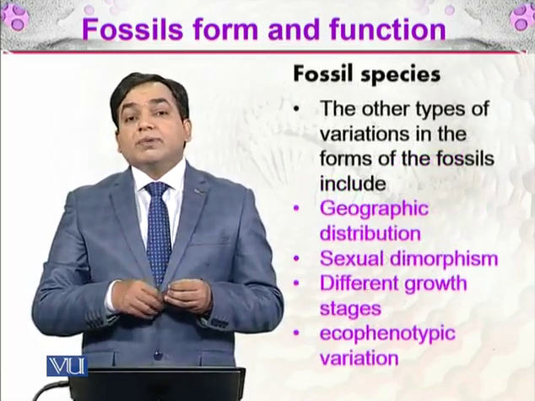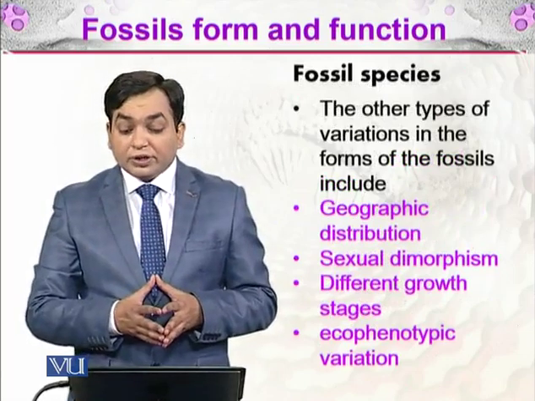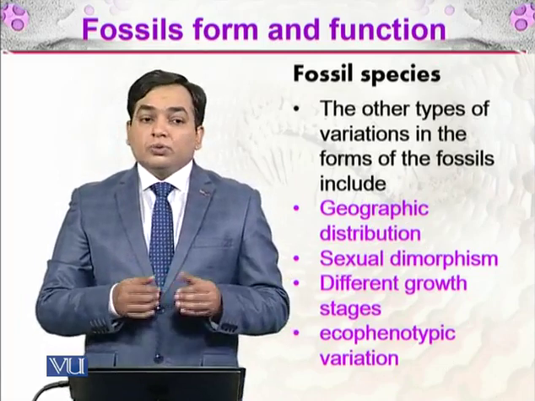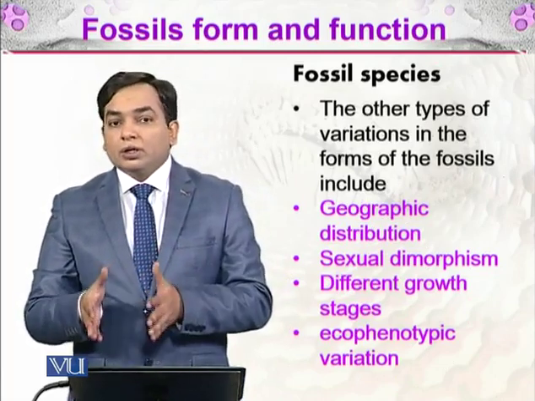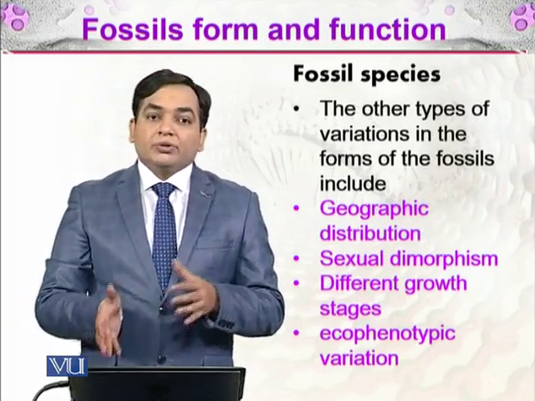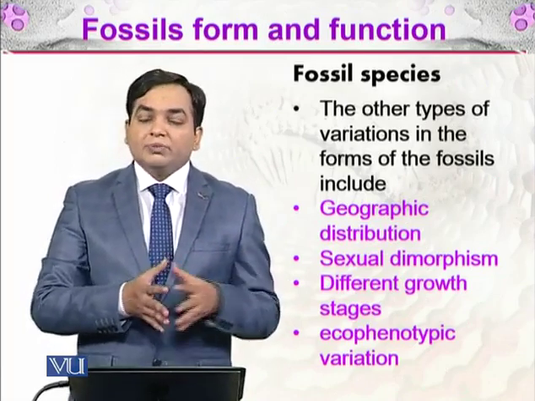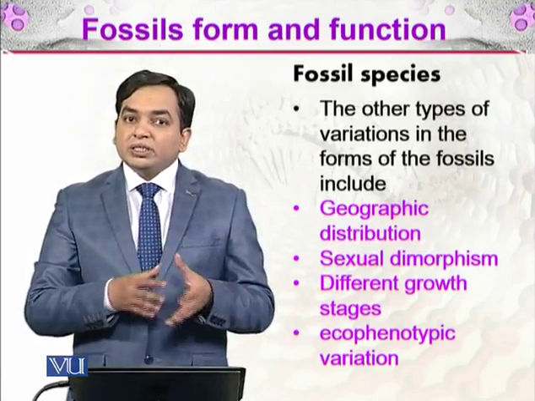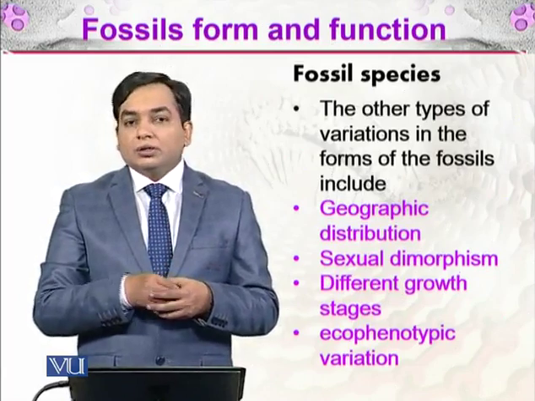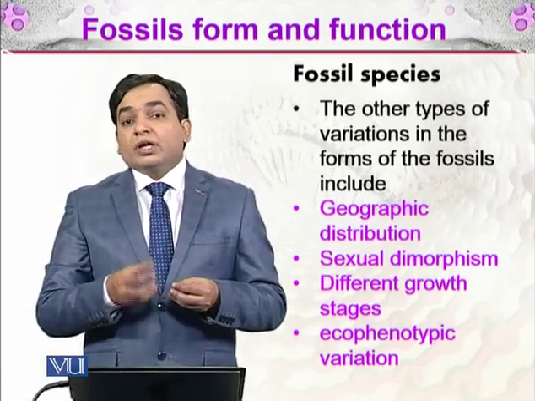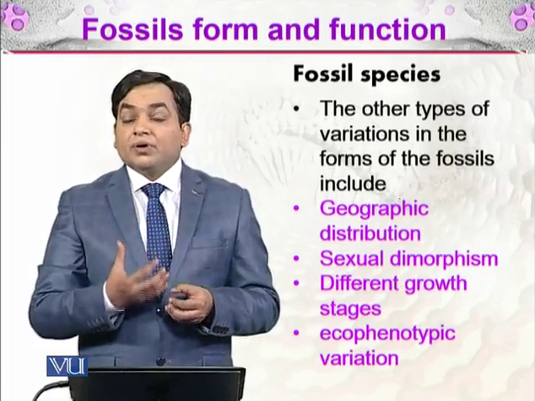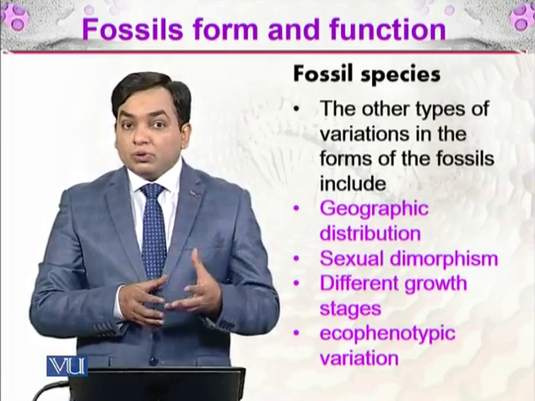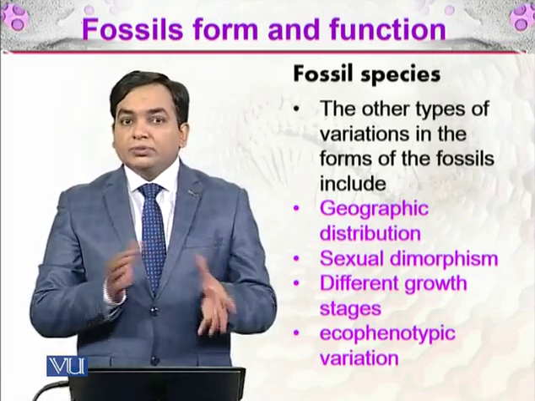Now, fossil species might have other variations as well. Another type of variation in fossils is geographical distribution. If an organism is living on the equator, compared to the same species living near the poles, there will be some changes in size. An animal living on the equator may have a smaller size, but the organism living near the poles will have a larger size